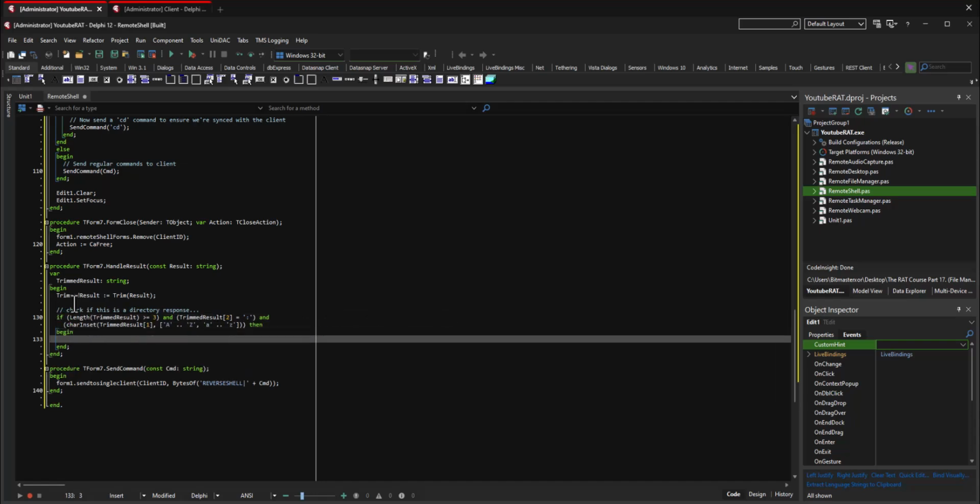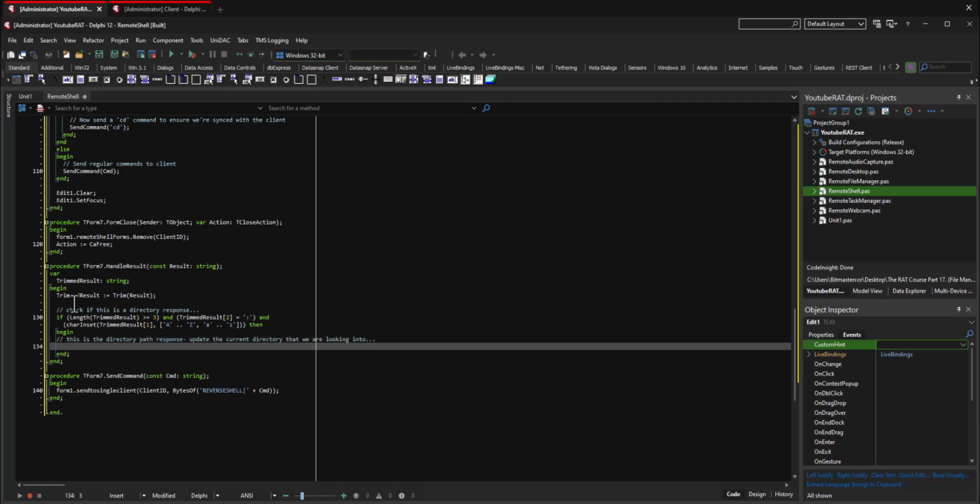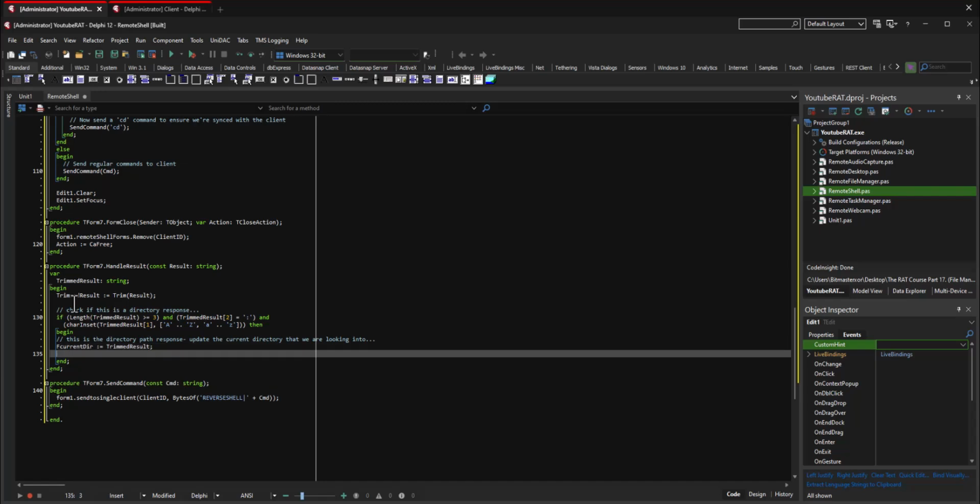So now that we have the ability to look at what we're doing, we should be able to see if we're trying to look at an actual directory response here. Then we're going to say that this is the directory path response, and then we need to update the current directory that we are looking into. So we're going to put FCurrentDirectory is equivalent to the trimmed result, and then we'll be able to say